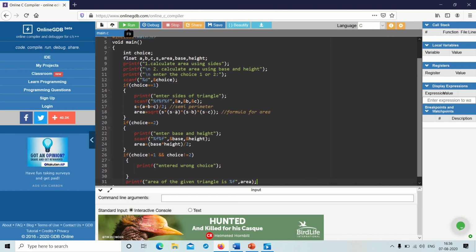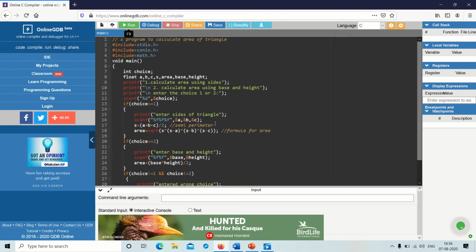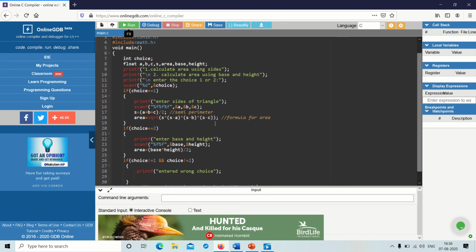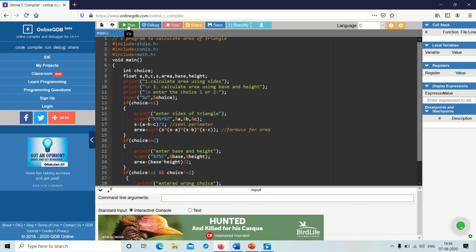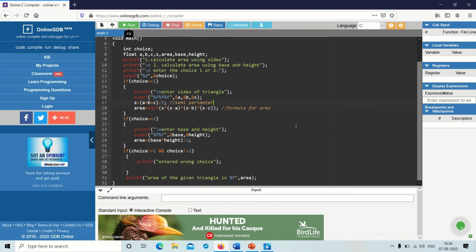Okay, now let's run the program. If it shows any errors, let's solve them. Okay, wait, before compiling I am putting the character \n to increase the readability of the program. We can put it in every printf statement so that the program will be more clear. And now I am running the program.